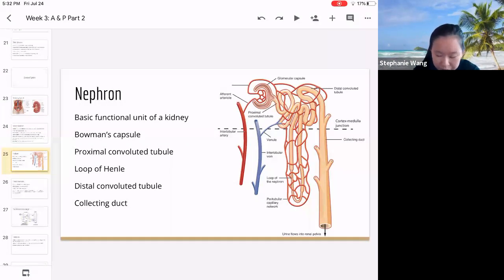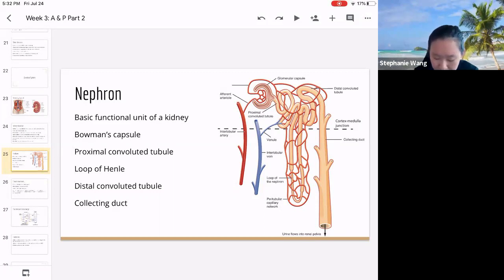Starting from this little C-shaped thing on the left, that's called the glomerular capsule, also called the Bowman's capsule. What that does is it allows the blood from the afferent arteriole to filter liquids into the Bowman's capsule. A lot of things won't get filtered in. Big stuff like blood cells will not get filtered in. Large proteins will not get filtered in either. Just liquids and ions will get filtered in, like glucose, sodium ions, chloride ions, hydrogen ions, things like that. Those will all get filtered in the glomerular capsule.